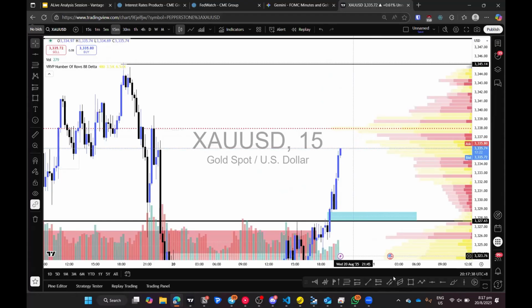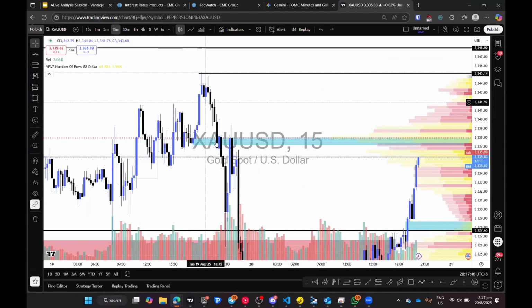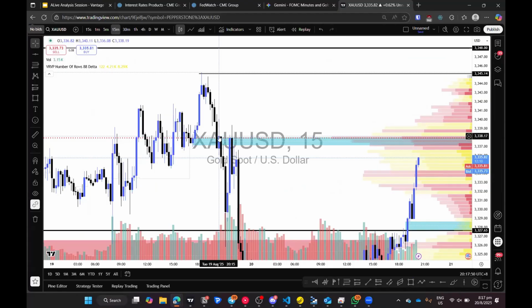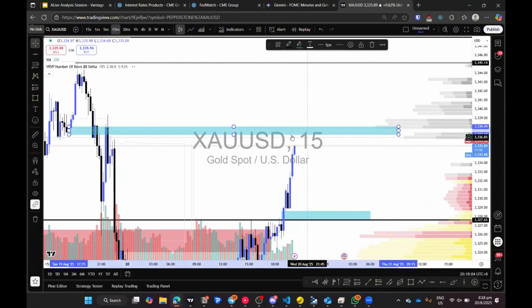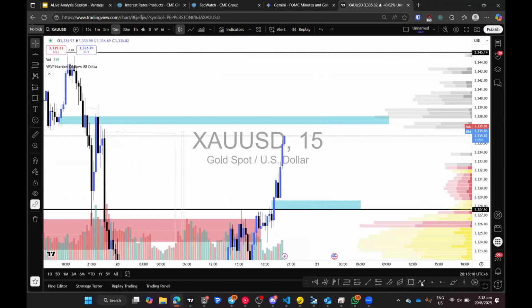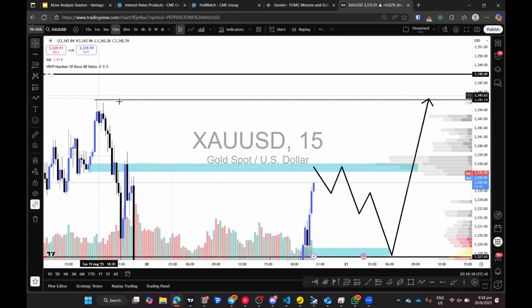Okay, but we also want to be mindful of this support here. Previously was a support. As it comes down into this level, you can see some buying power here. And as it attempted to push up to the top, sellers double down, push it down to a 100% retracement, and then retested this area. So this is going to be a key area where you will not find new buyers trying to push it up. This is where the buyers will be cautious. So we can expect some sort of movement to the downside before we retest up at this high here.